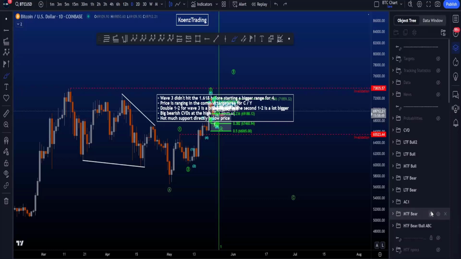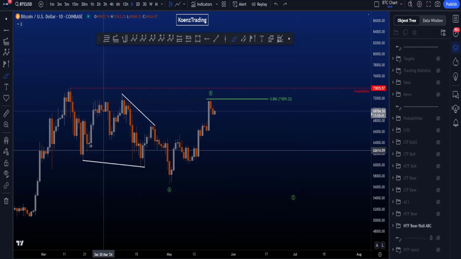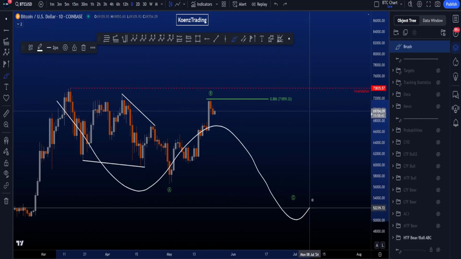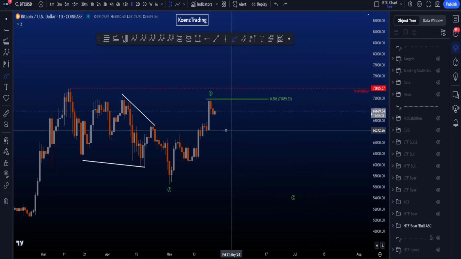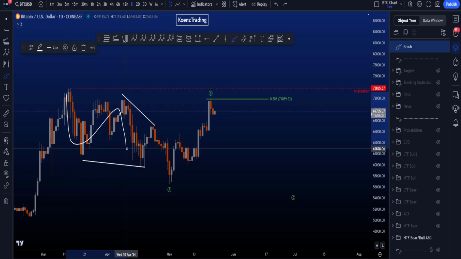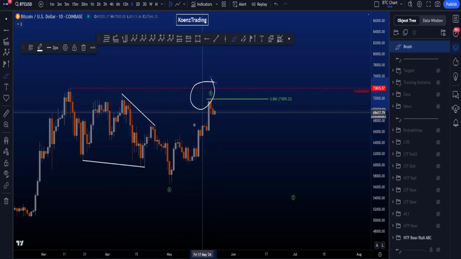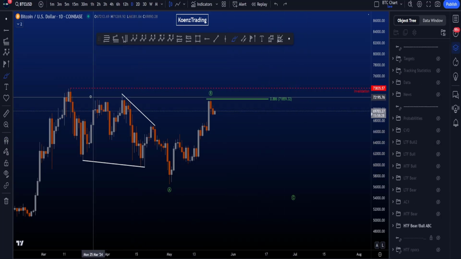Hi everyone, let's go over my bullish and bearish Elliott wave scenarios on Bitcoin, starting with the bearish scenario on the daily time frame, where we're looking for a bigger three-wave corrective structure, after which we expect continuation to the upside. In wave A, we have a finished leading diagonal, a 5-wave structure. In wave B, likely a finished 3-wave structure to the upside, hitting the 0.886, which is still a common target